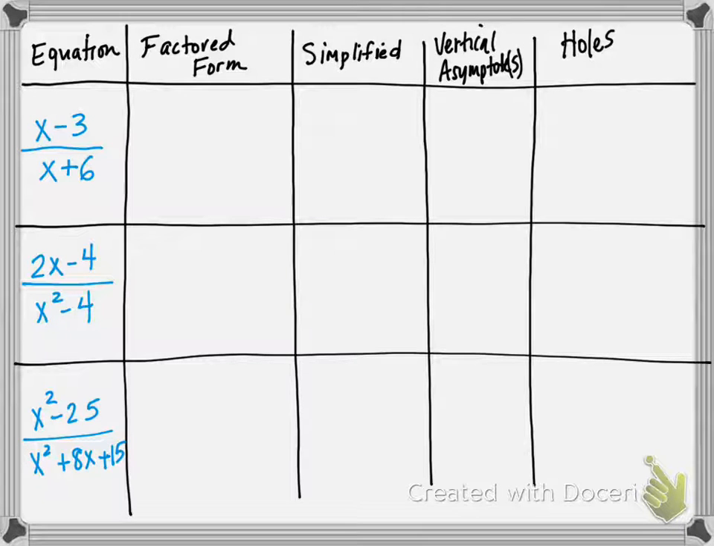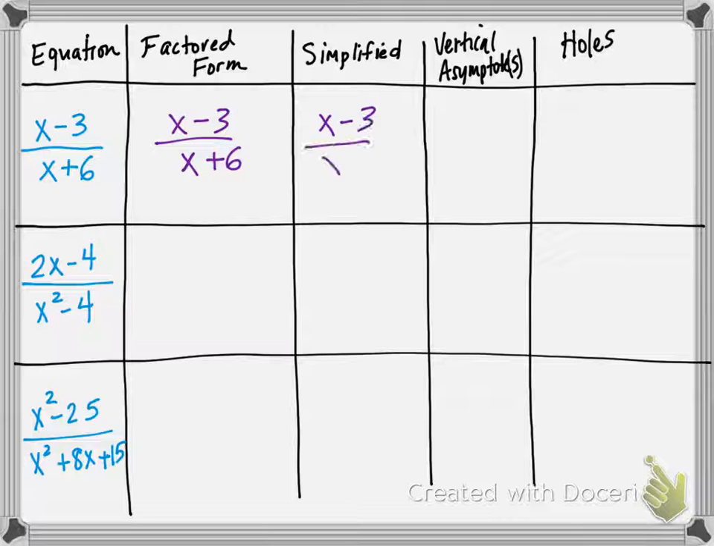For these three examples, we're going to be converting each rational expression to factored form and simplifying it, and then we're going to be identifying the vertical asymptotes and any holes. So if I look at my first equation, I notice that the numerator and denominator cannot be factored any further, so it stays x minus 3 over x plus 6. And in terms of simplifying this, there's no factor in the numerator that matches the factor in the denominator, so